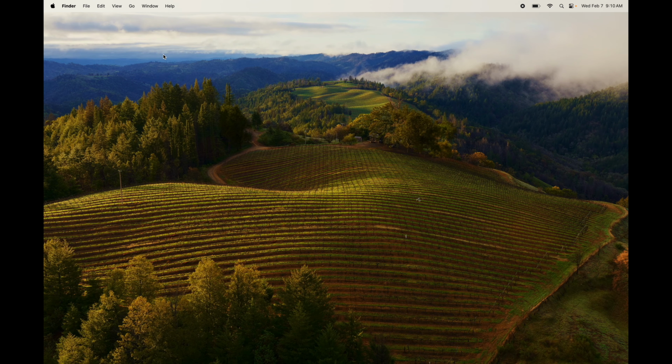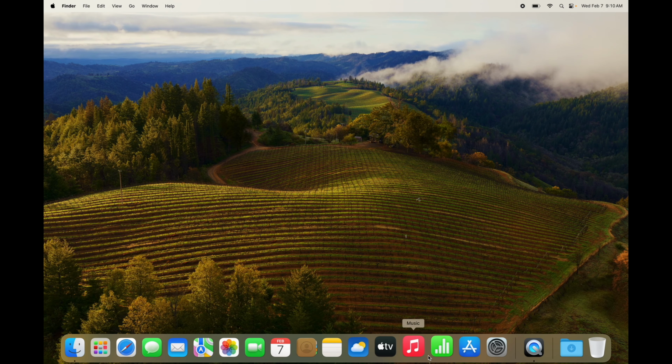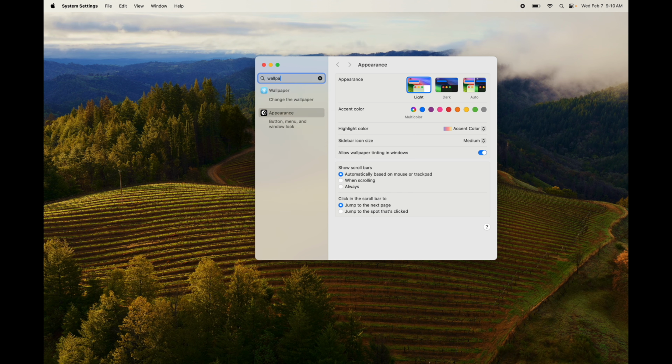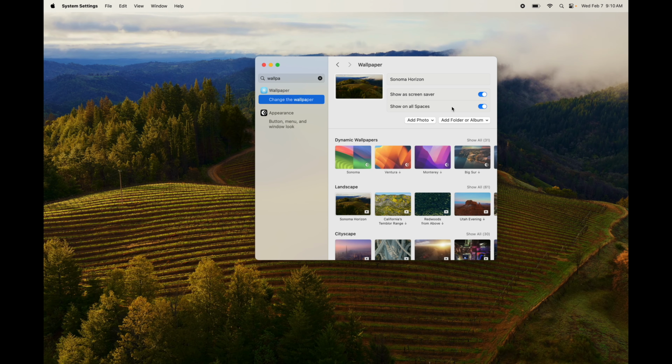Anyways, those are the bare basics for your Mac. Go ahead and have fun with it. I'm going to teach you one more thing before we end this video, and that's how to change your background. It's actually pretty easy. Just go ahead and tap with 2 fingers. You're going to see this. Change wallpaper. Do it from there. That's a quick way. Another way, from your system settings, just type in wallpaper, change wallpaper, and then from here